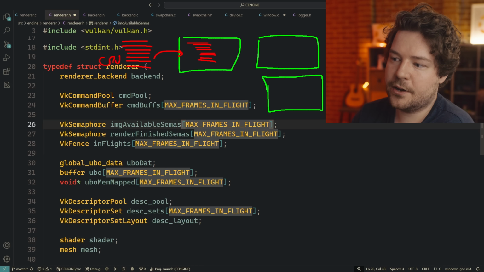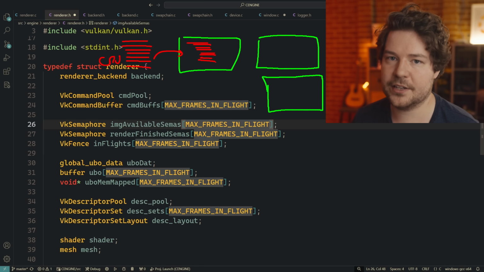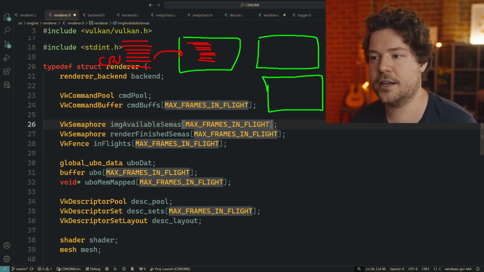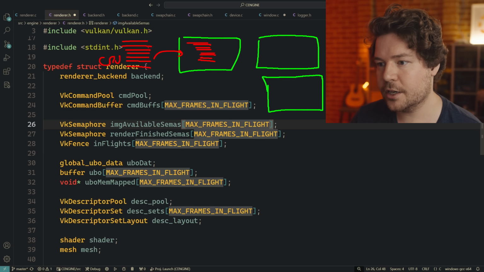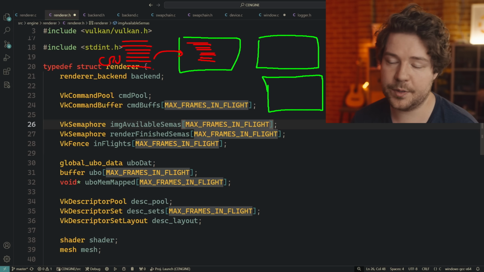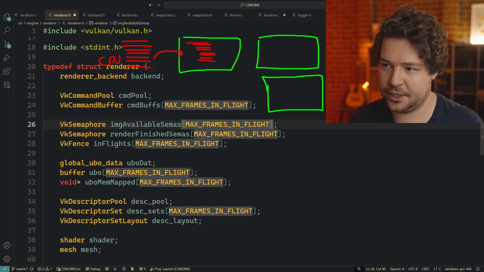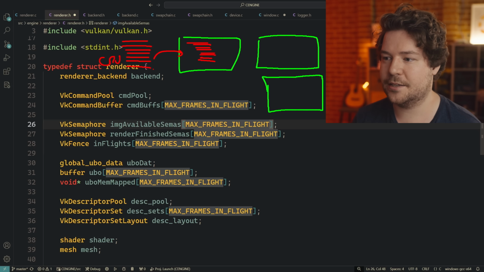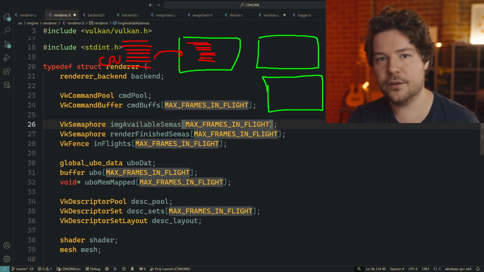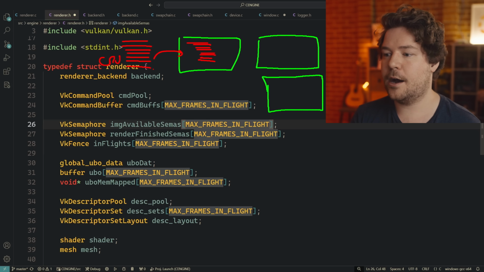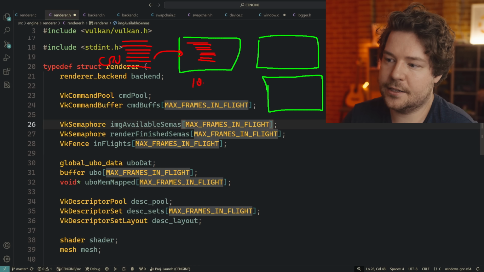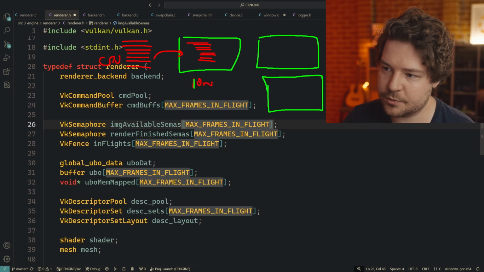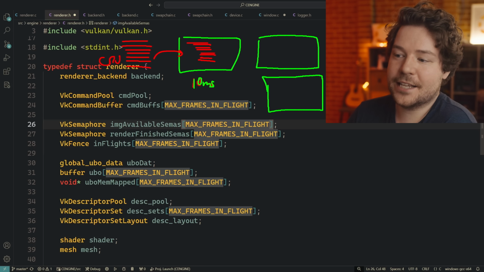Drawing pixels to a frame buffer involves running through the whole graphics pipeline and executing your shaders and stuff like that. That takes time. And depending on how much you've recorded in there, in a game, it could be a frame's worth of work potentially. Games can be a little bit more complicated than that, but bear with me. Let's just say it's a simple game. It's recorded all of its stuff into a single command buffer. And then it could take, I don't know, 10 milliseconds or whatever to get through that code on the GPU. So this is now the GPU, marked with NVIDIA green. This is the GPU taking 10 milliseconds.